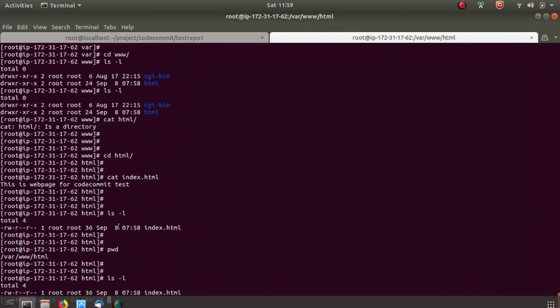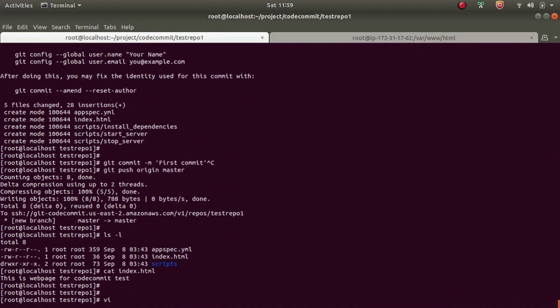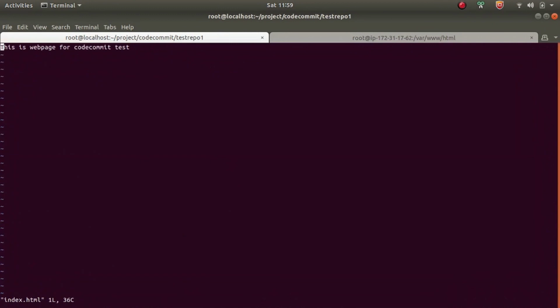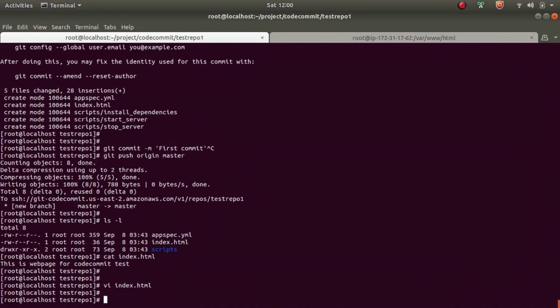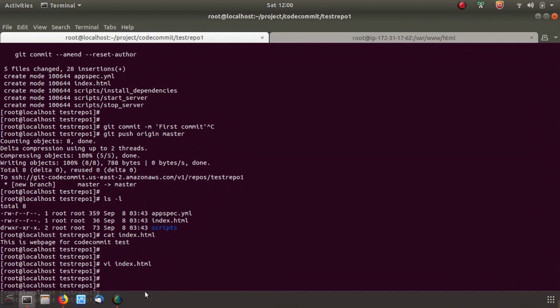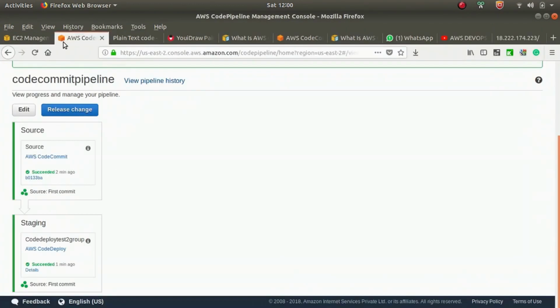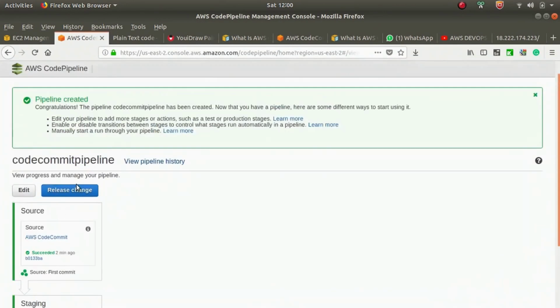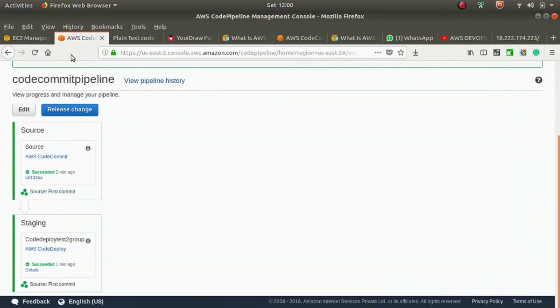Now we need some additional changes. For example, I just change some code in the index.html. Wait for some time. It will automatically detect it and deploy the code to the EC2 instance.